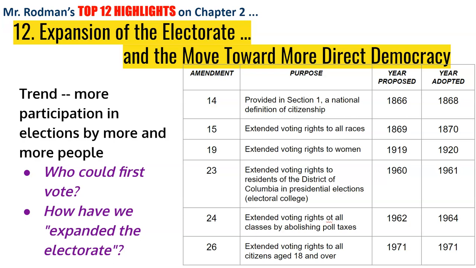And then the last amendment we see here in terms of expanding the electorate really was the 26th Amendment, giving those 18, 19, and 20-year-old voters the right to vote. If you're going to war and you've been drafted to go to war, this was right around the Vietnam War at the time, then shouldn't you have the right to vote? You have the right to die for your country, but you don't have the right to vote for your country. And so this was expanded.